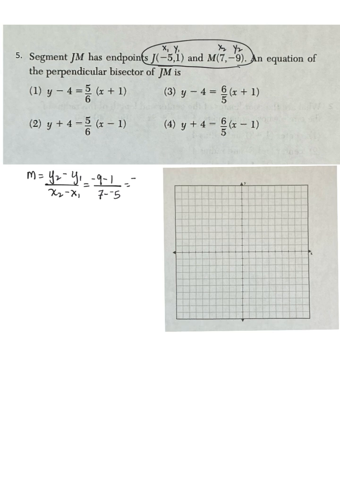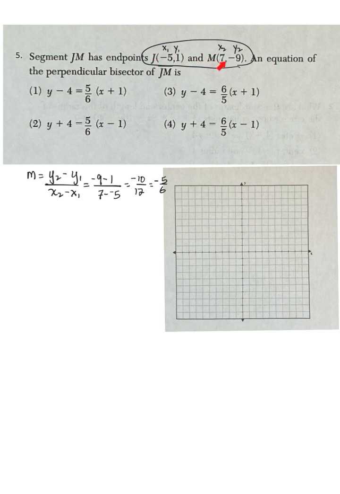Okay, and I'm going to work that out. That's negative 10 over 12, and I'm going to reduce that. 2 goes into both of those, so that's negative 5 over 6. Okay, now what did I just find? I just found the slope of the line